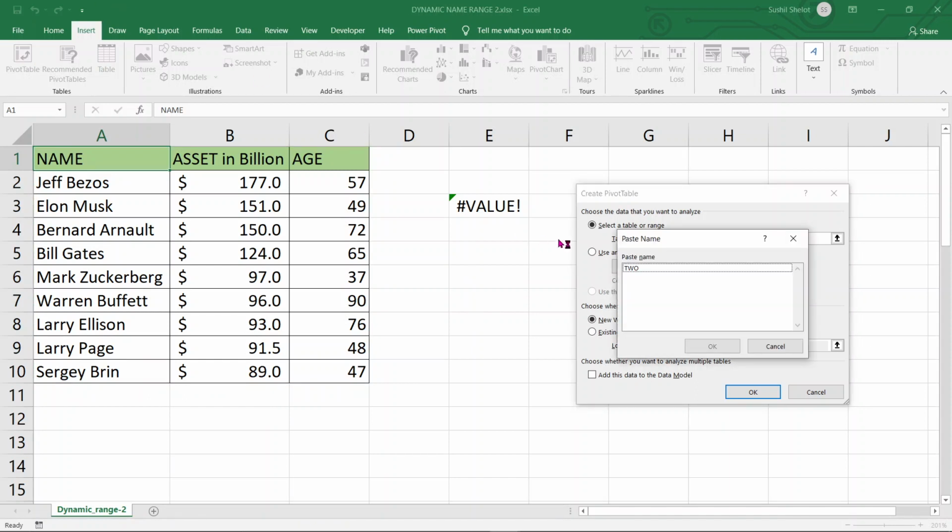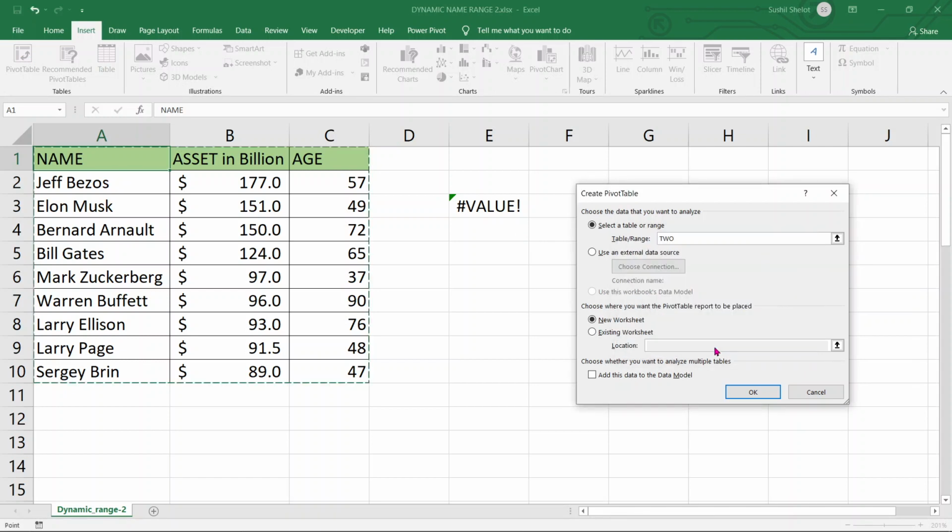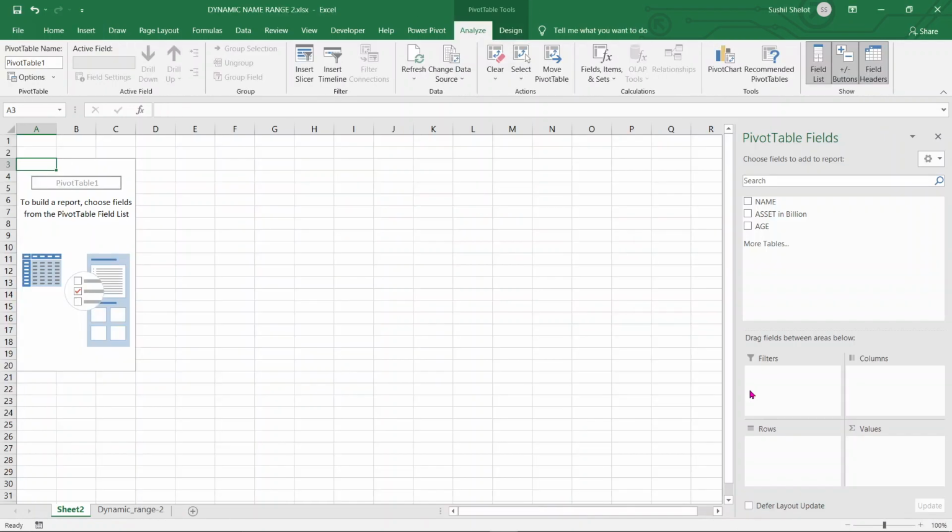There it is. The name range appears on the screen. I chose it as 2 and said OK. Once done, I'm going to say new worksheet. That is fine with me, and I'm going to say OK. There it is. The new pivot table has been created with the name, asset in billion, and the age fields